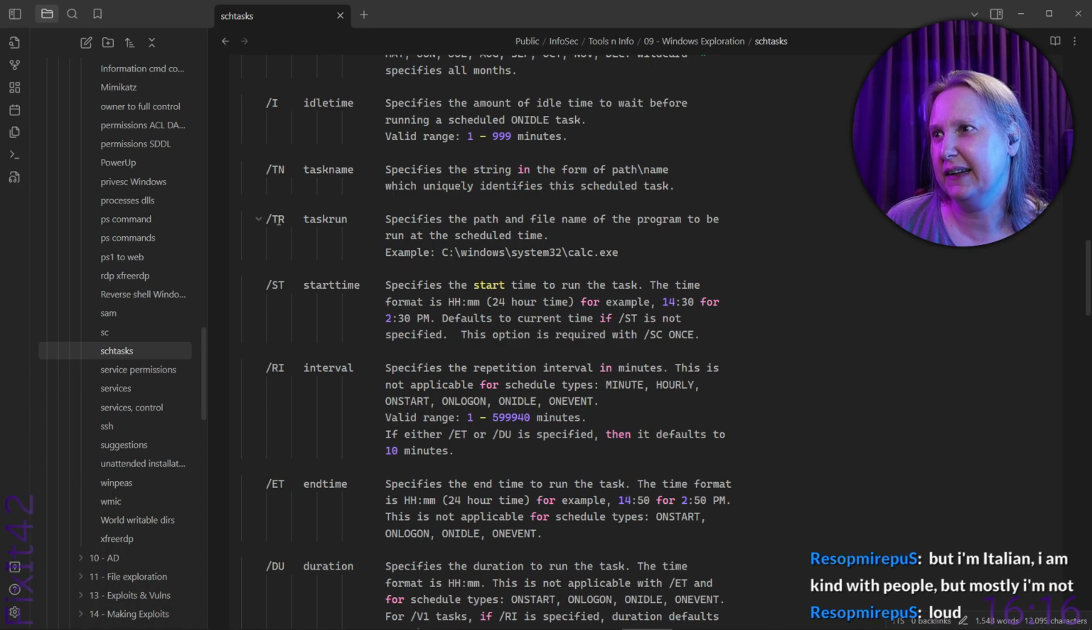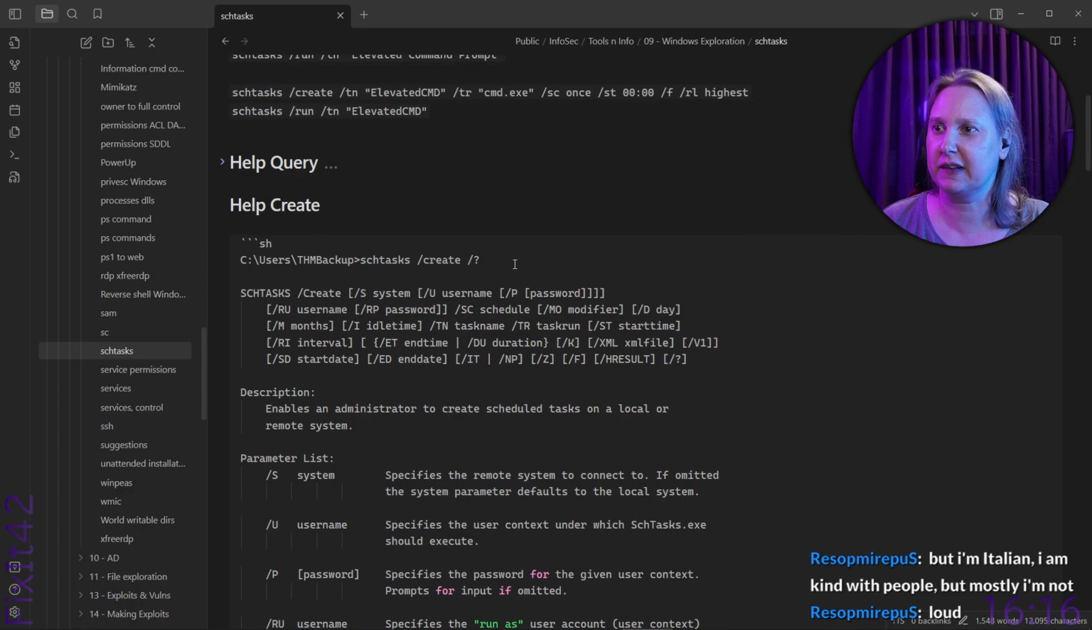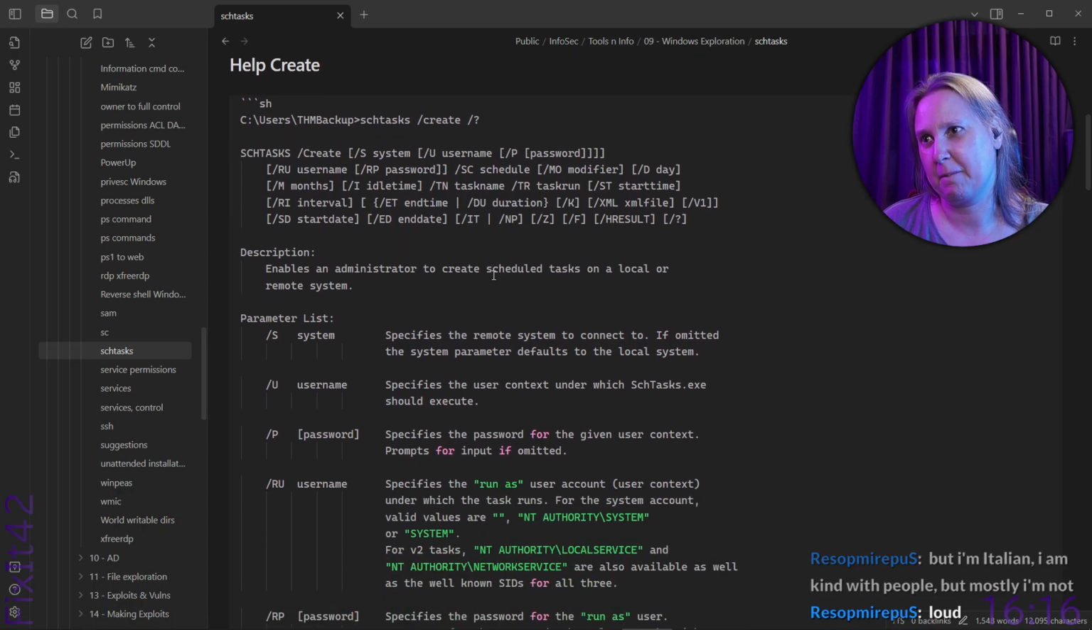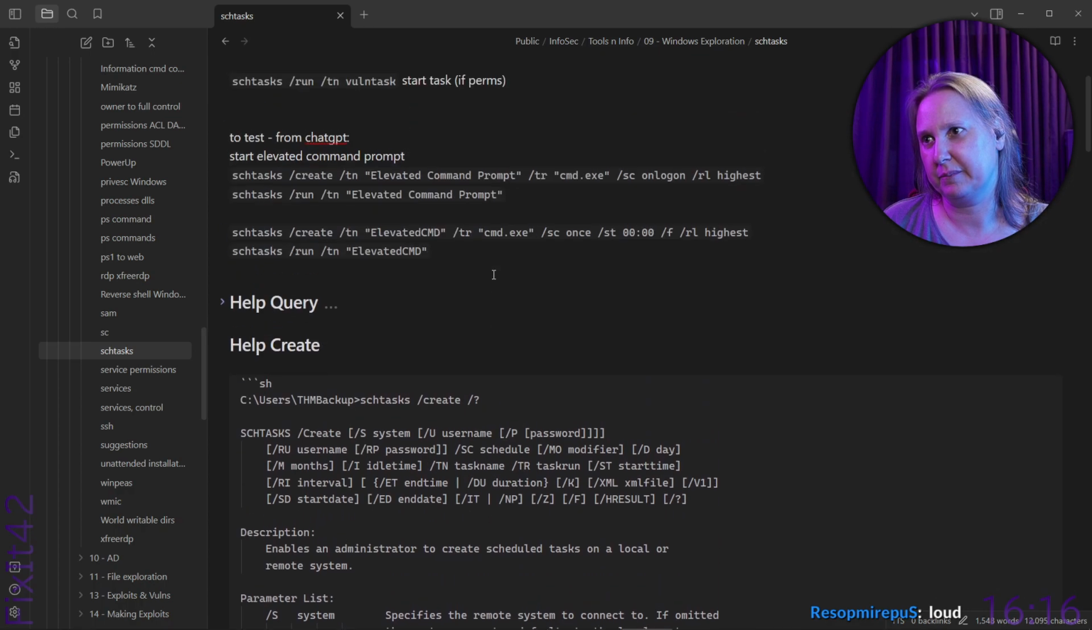So TN is task name, TR task run. Specify the path and file name of the program to be run at the scheduled time. Yeah, path and file name always make me think, so there might be tasks where we can use them skipping the path, right? And we were not setting a path there, but it seemed